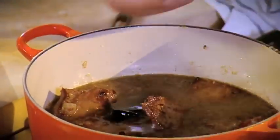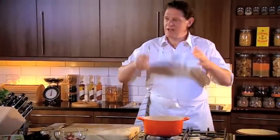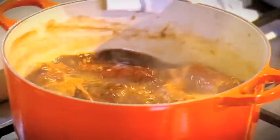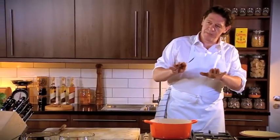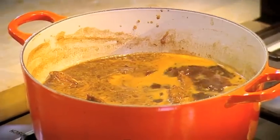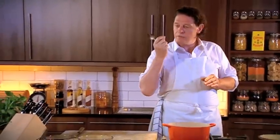Beef in Guinness is nothing new. People have been doing it for many, many years. And so, as I've always said, we live in a world of refinement, not invention. But what the prune juice does, it just gives it that nice balance. Because for me personally, beef in Guinness is just that little bit too strong. And by adding the rich beef, it gives it that great richness of flavour, which is needed in a stew,